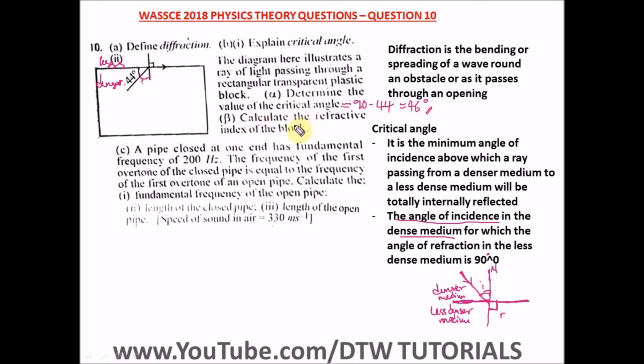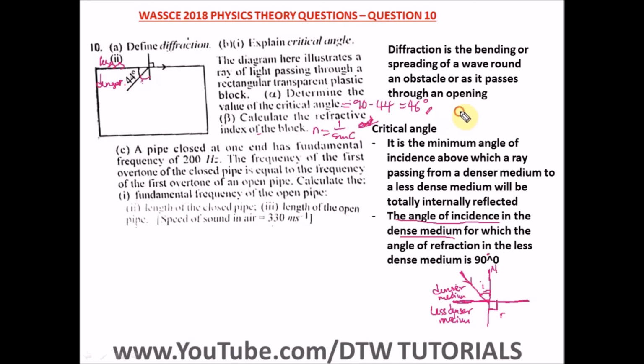So beta says calculate the refractive index of the block. For this, from a dense medium to a less dense medium, our refractive index n is equal to 1 over sine c, where c is what? The critical angle. Is that not it? So we have here n is equal to what? 1 over